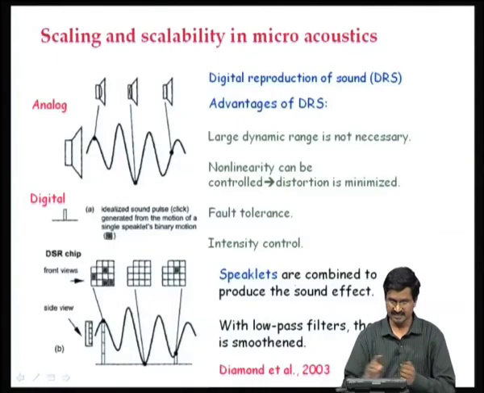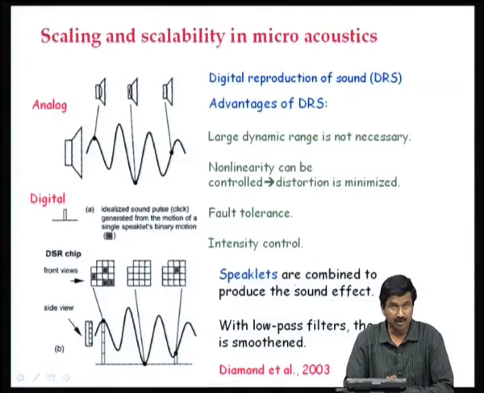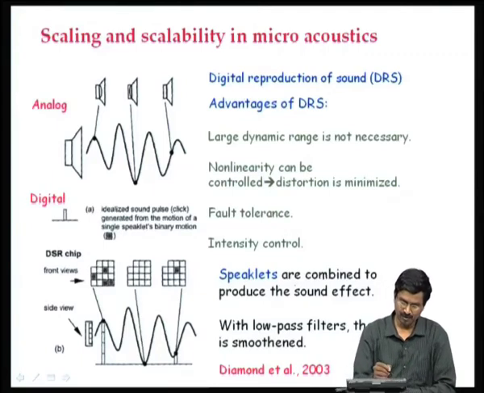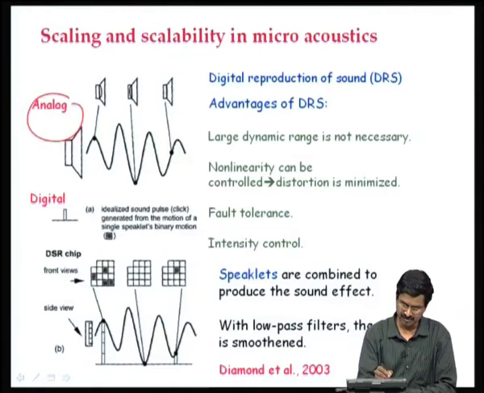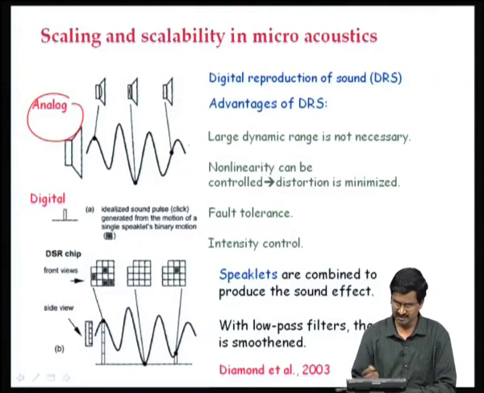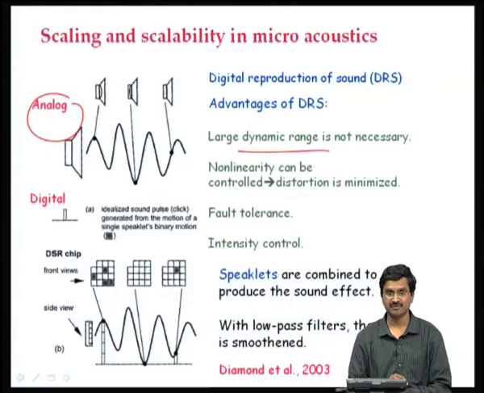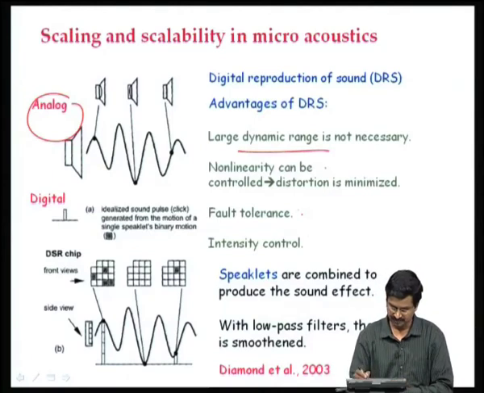acoustics. And here is an example where the scaling was exploited with microsystems, and this has to do with the digital production of sound. Normally, when we say sound is digital, it is only in the way it is stored, but not in playing back. Here we normally use analog microphones where there is a membrane that moves back and forth as it is shown here to generate a signal. It has some problems because dynamic range or bandwidth is not very high, and nonlinearity is a problem, and fault tolerance, because if the membrane breaks, you do not have a speaker or microphone, and controlling intensity is also not so